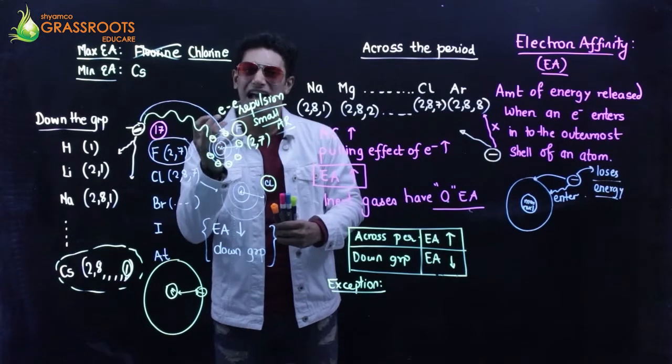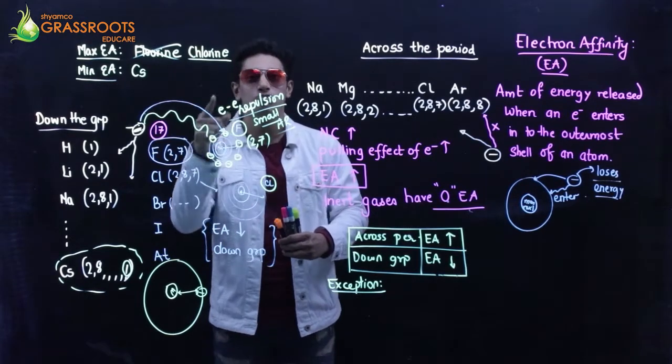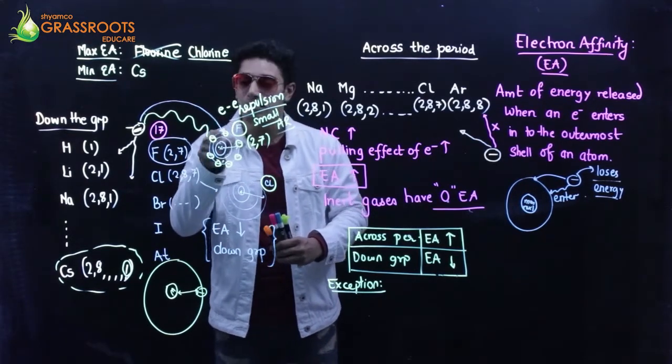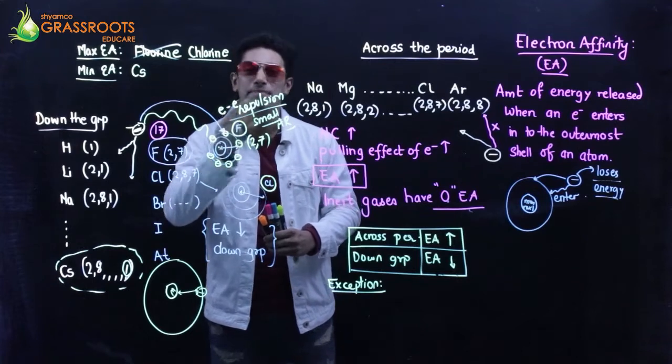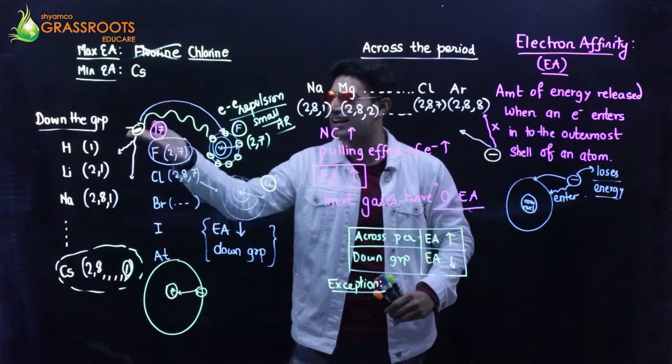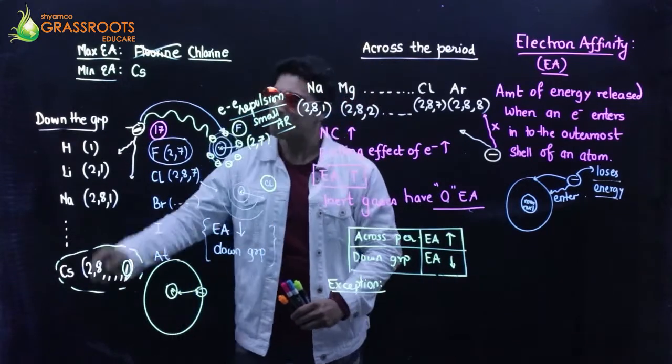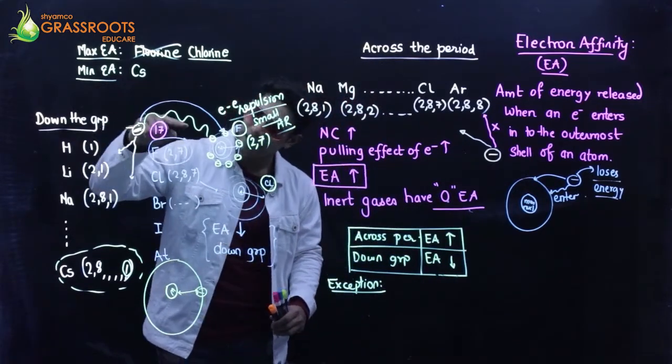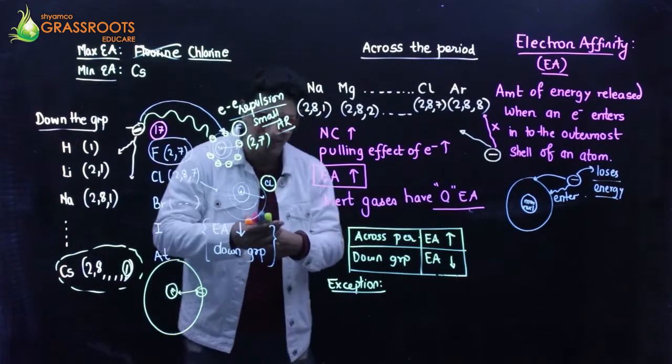The force of attraction is good enough, but there is also a force of repulsion because of the other electrons and because of the small size. "Arey man, we don't have place in house, and how can you join us?" So then the electron goes to chlorine.